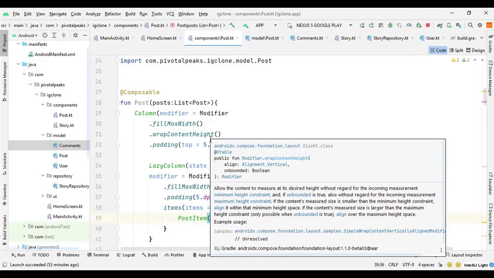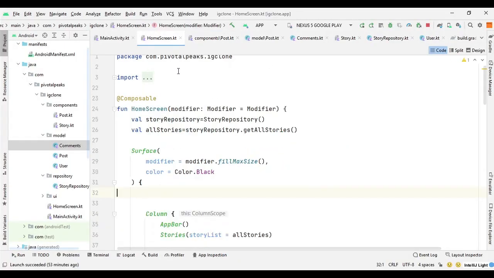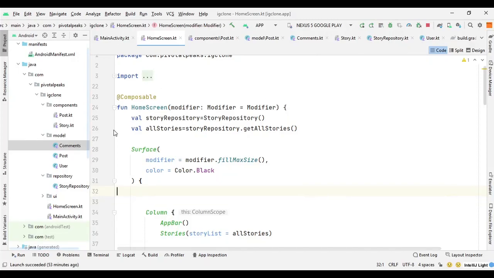Now we need to call this post component in the home screen, but before that we need to create a fake repository for post data as well.